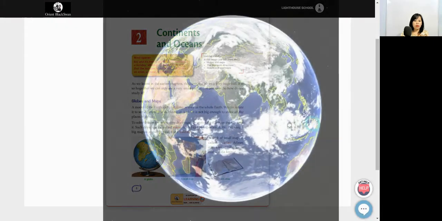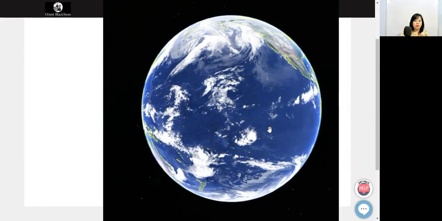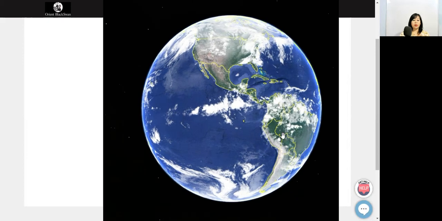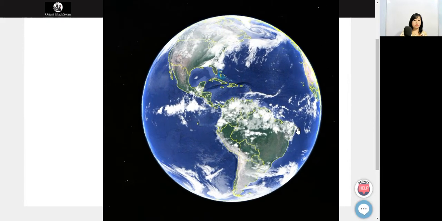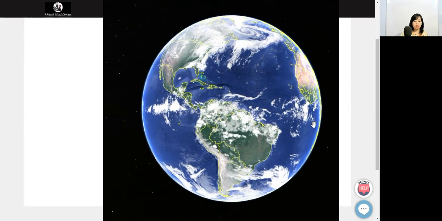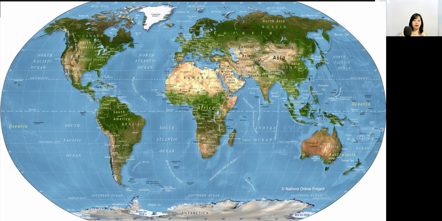A globe is a round model of the Earth. It shows us the whole Earth. In order to see the different places, we have to rotate the globe. However, a globe is not big enough to show all the places in detail because of the limited information provided by globes. So to solve this problem, we flatten the globe and draw a part of the Earth or the whole of it.